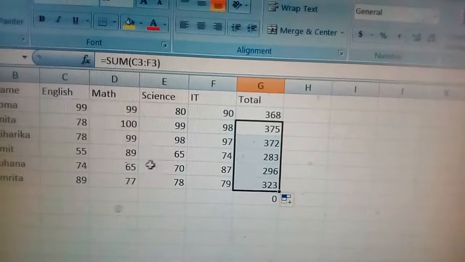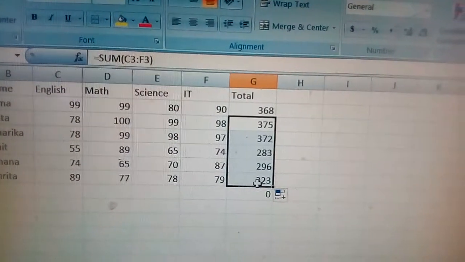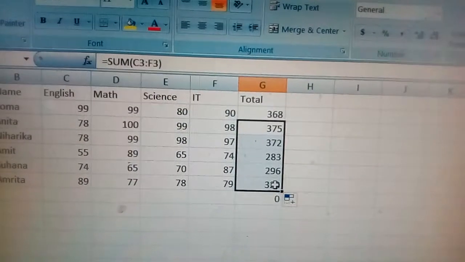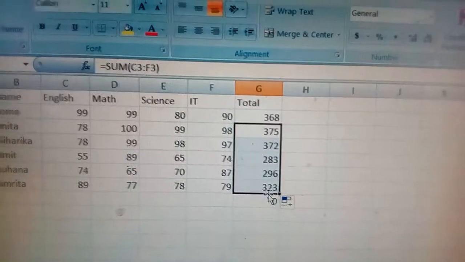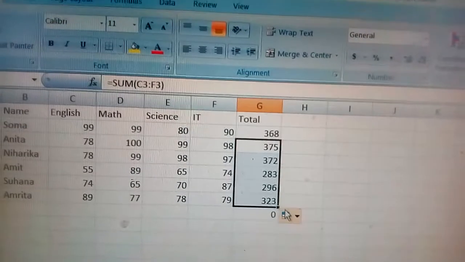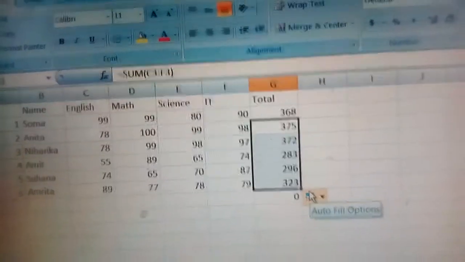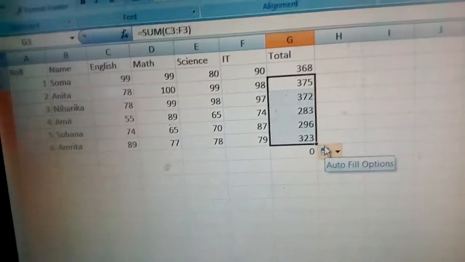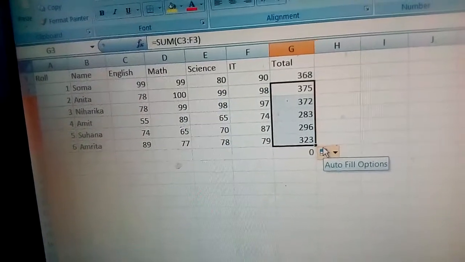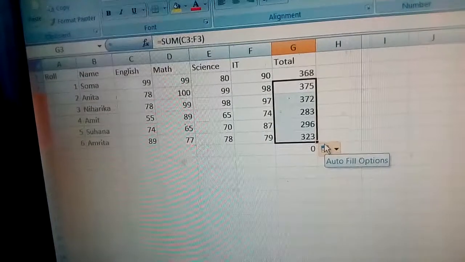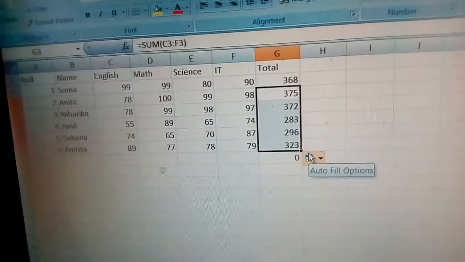Automatically these numbers will total here. So this is the way to total. Is it clear? In this way you can do the sum of the selected cells, first automatically and second by the sum function.